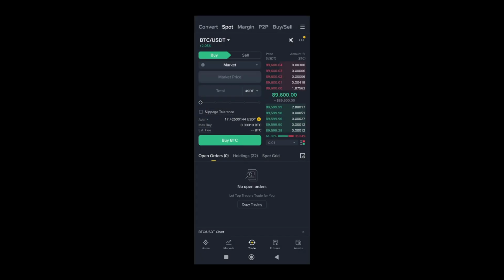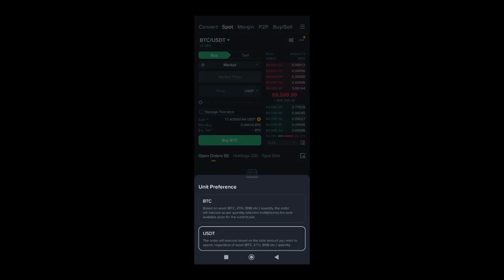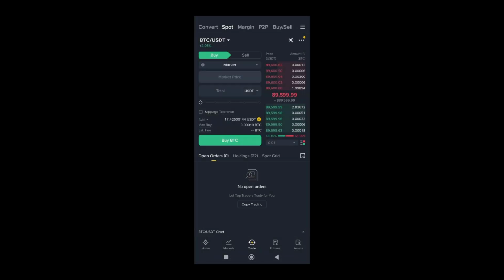Now decide how much you want to buy. You can enter the total you want to spend in the quote currency, such as how much USDT to use, or you can type the amount of Bitcoin you want to receive. Many interfaces also include sliders to quickly choose a percentage of your available balance. Review the numbers carefully. Keep in mind that fees and small price movements can affect the final filled quantity, especially